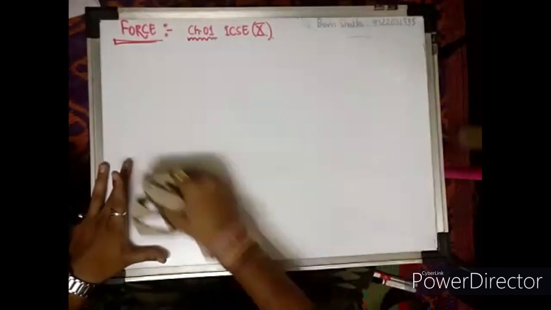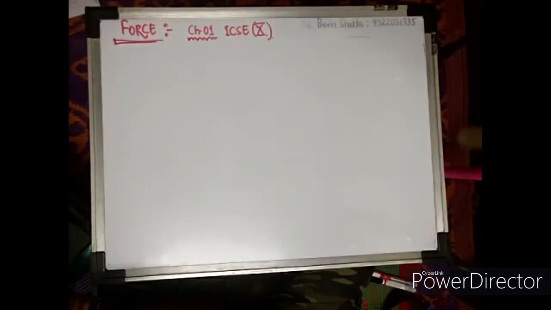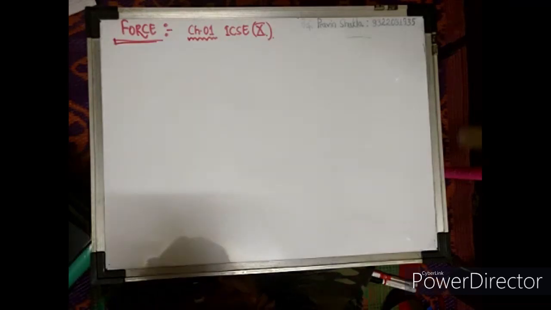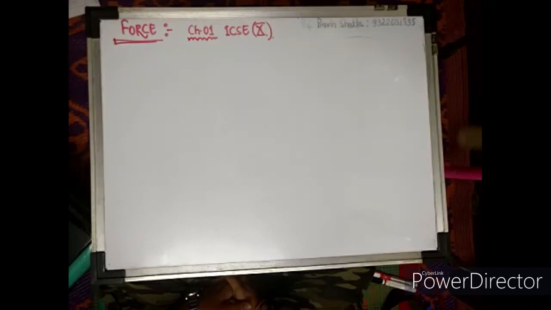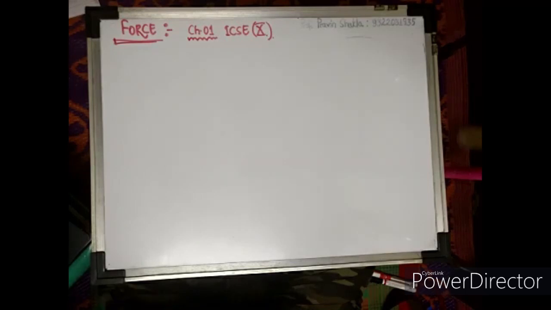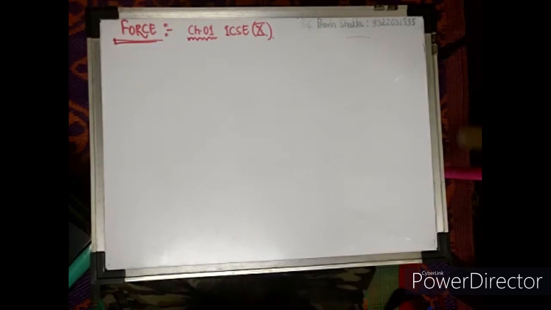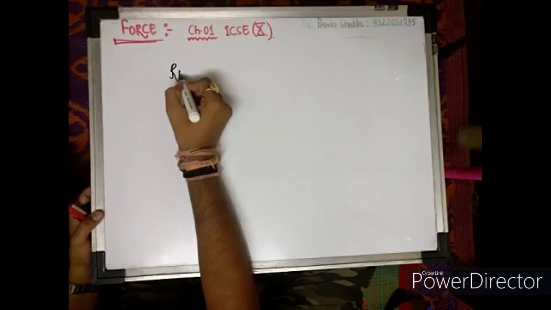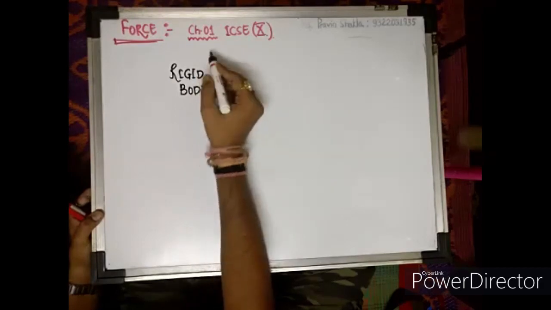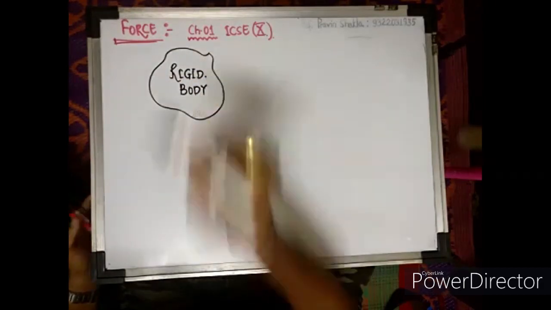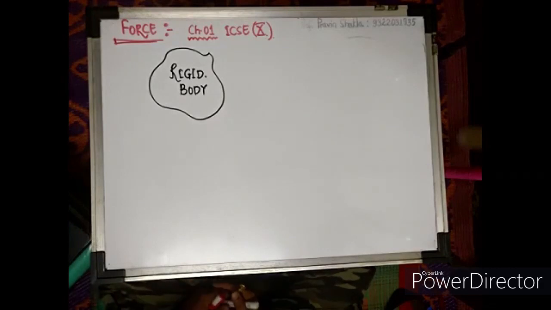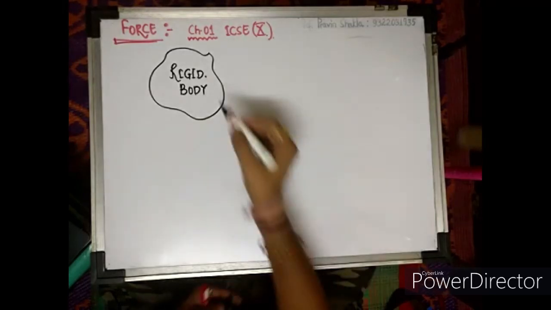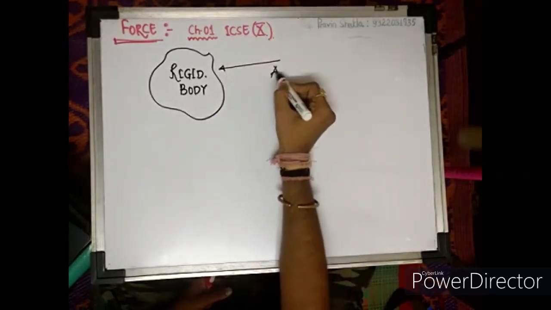In this chapter, we are going to study only about rigid bodies. Understand this. When I say I'm going to study only rigid bodies, what does that mean? I'm not going to study those bodies which are not rigid. So if I say this is a rigid body, I'll make a shape, say this is a rigid body, okay? If I apply force on this,